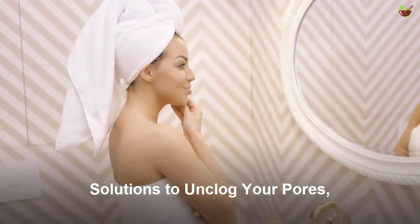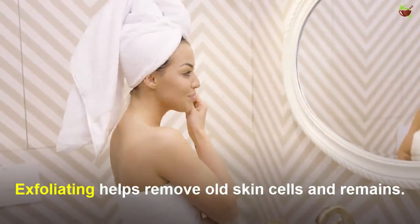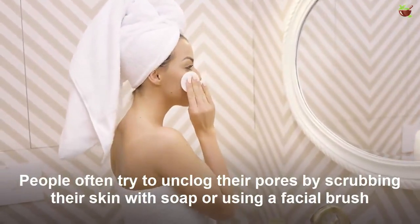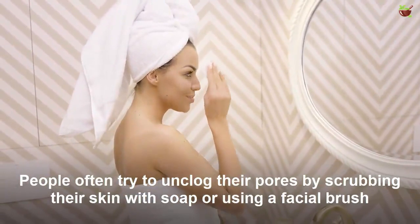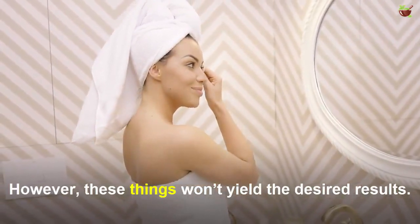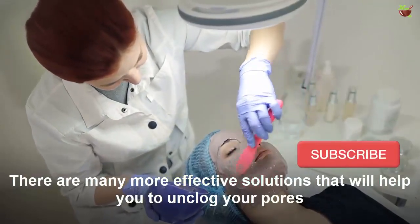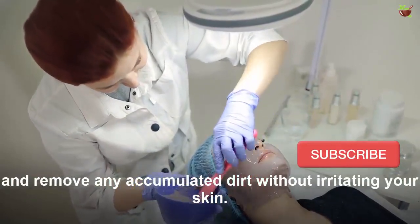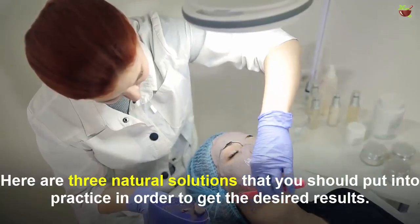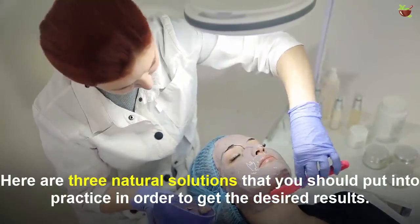Solutions to unclog your pores. Exfoliation helps remove old skin cells and residue. People often try to unclog their pores by scrubbing their skin with soap or using a special brush. However, these things won't yield the desired results. There are many more effective solutions that will help you to unclog your pores and remove any accumulated dirt without irritating your skin. Here are 3 natural solutions that you should put into practice in order to get the desired